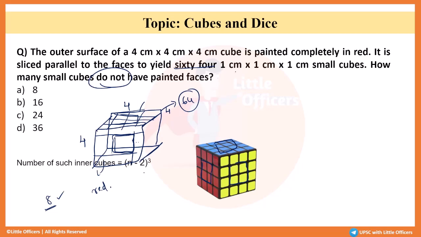वो एकदम सेंटर पे मिलता है आपको। इसके लिए देयर इज अ स्मॉल फॉर्मूला, व्हाट इज दैट, (n minus 2) whole cube, where n is that number of like slices that have been made। यहाँ पर 4 slices बनाया है, ठीक है, 4 सेंटीमीटर्स का है, 1 सेंटीमीटर ईच करके 4 slices बनाया है। सो n is going to be (4 minus 2) whole cube, that is 2 cube, which is going to be 8।